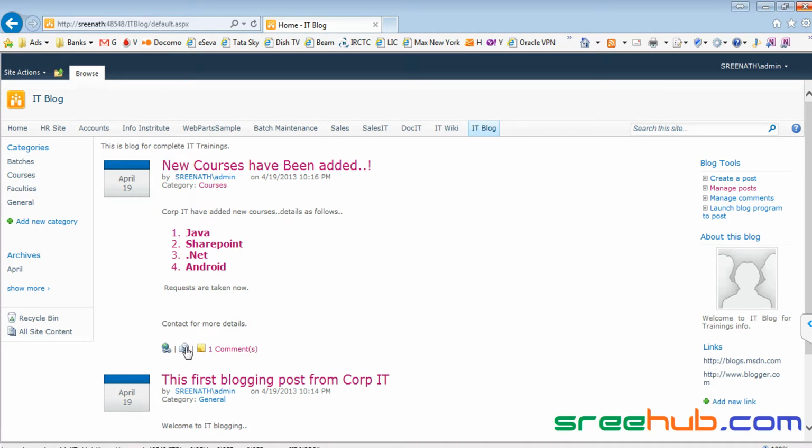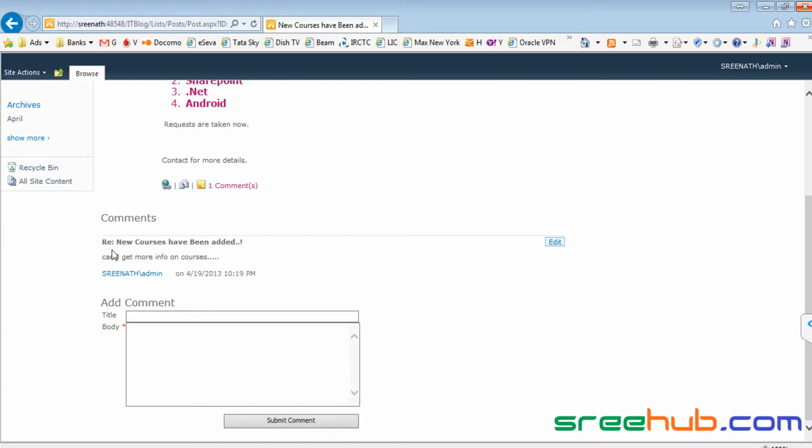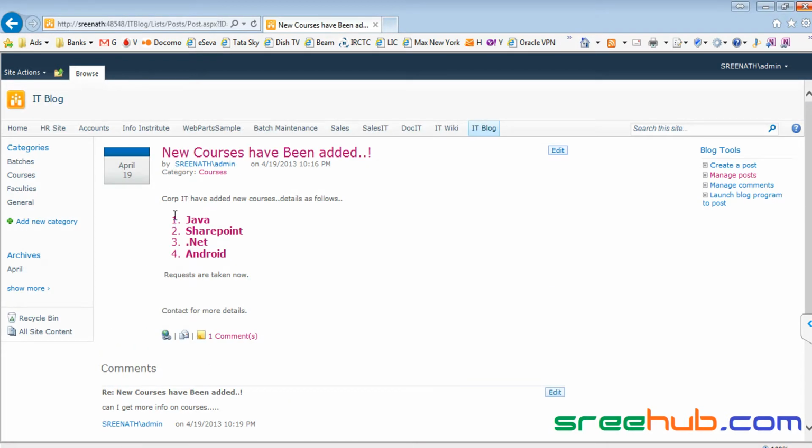Now what is this? If you are in this post, and you feel that yes, there is something which will be useful, and you want to send it to someone, just click on this. If you click on this, what happens is it will open your default email, and it will post a link. The same link will be copied and you can send it to anyone, right? That is nothing but email, right? And this is again nothing but a direct link,